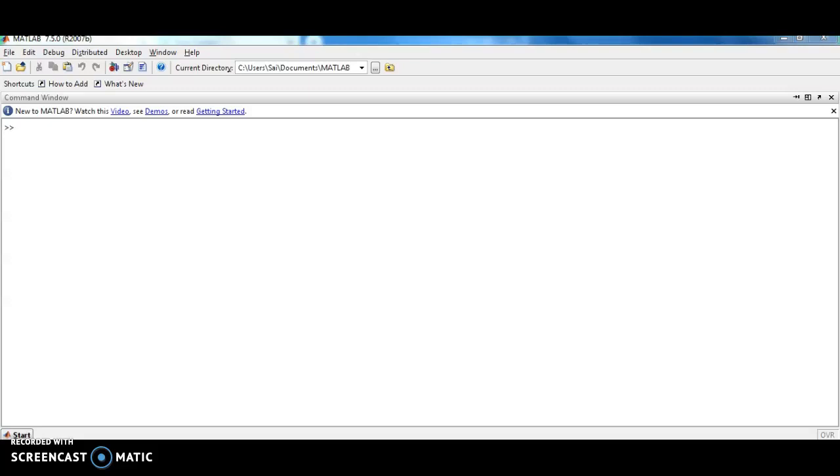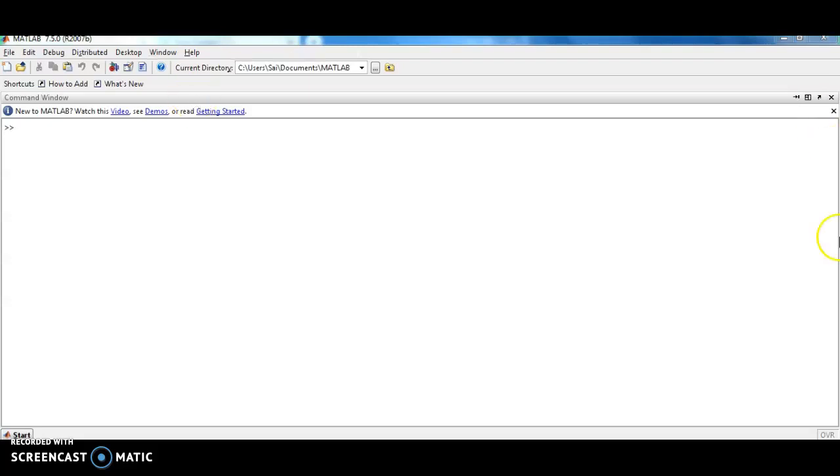So today we are going to discuss the control system laboratory, that is the 7th experiment, time response characteristics of second order system for different cases, that is undamped case, underdamped case and critically damped case. So this is a software experiment. We are going to simulate this by using MATLAB.